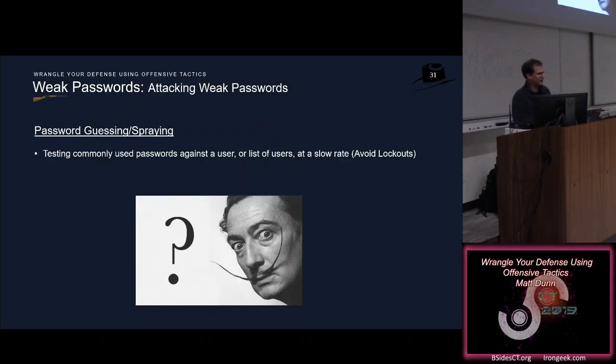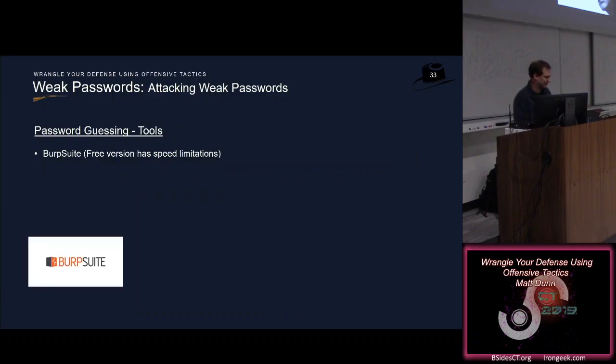And so one way, I talked a little bit about I like to guess commonly used passwords using a technique called password guessing or spraying. And that's like password brute forcing, but done at a rate below a lockout threshold. So I'm not locking everybody out of an organization. It also is a little less likely to be detected if I'm not locking a lot of accounts out. And standard password complexity requirements don't block easy to guess passwords by themselves, so it's still a very effective technique.